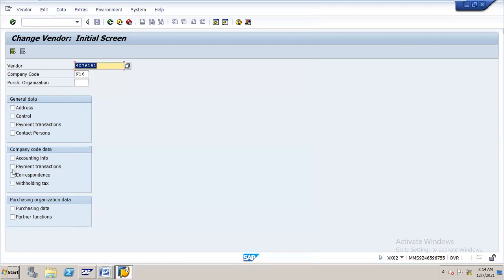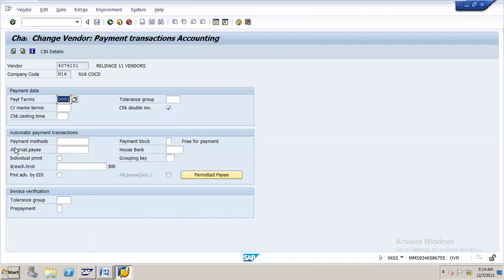If I select this payment transaction, I can directly go to that particular screen. Here I can assign the payment method into the vendor master. Save it. So I assigned the payment method into the house banks, and also into the vendor.